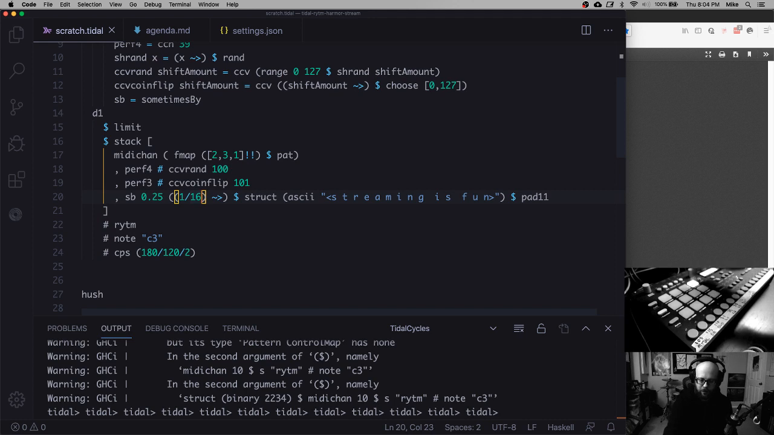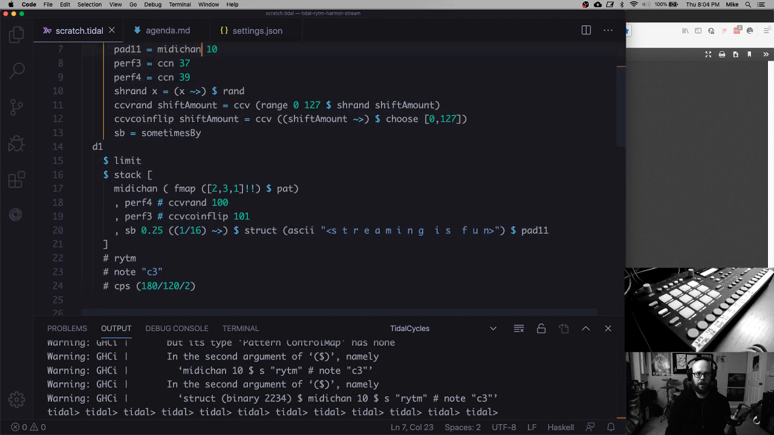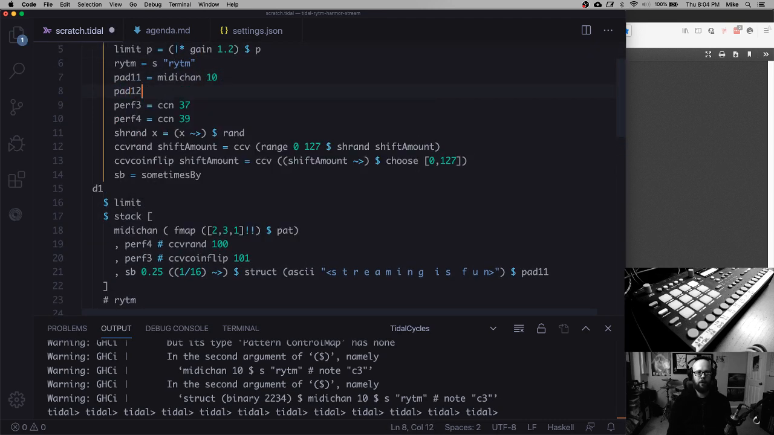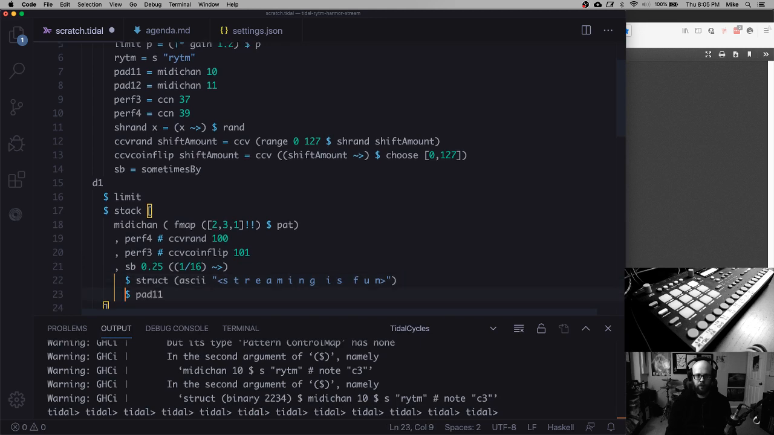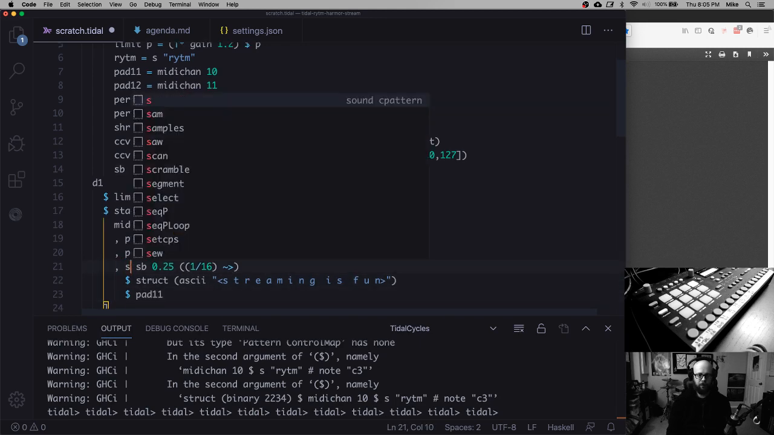Okay, back to our open hi-hat. I'm going to take this synth and we're going to open it up. There we go. And I am going to create a shortcut for pad 12, MIDI channel 11. I'm also going to, I want to occasionally change this to be pad 12. And if I do sometimes by